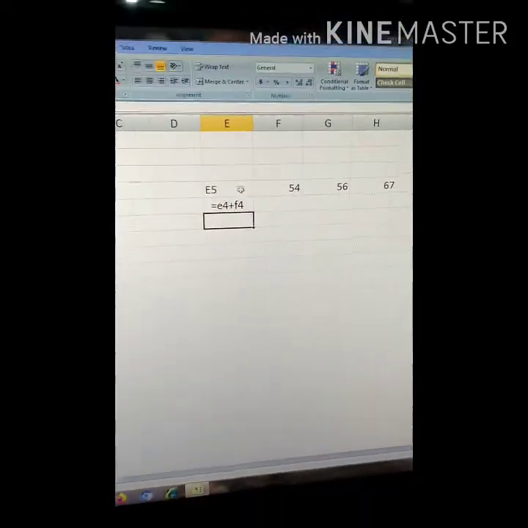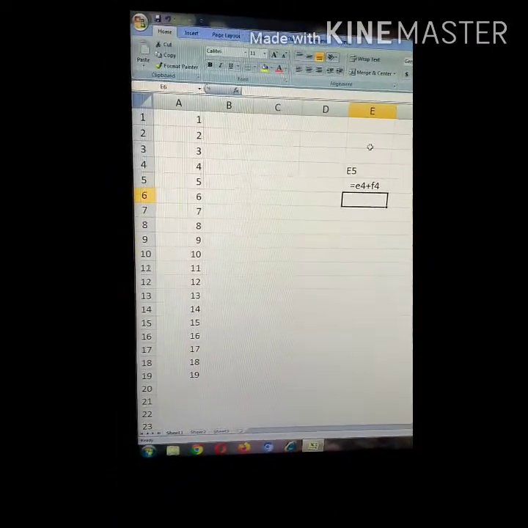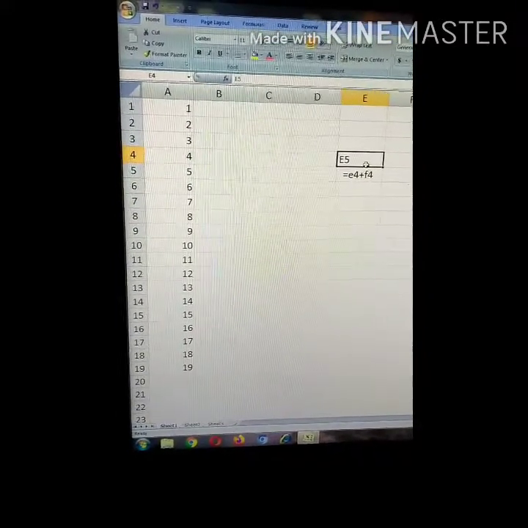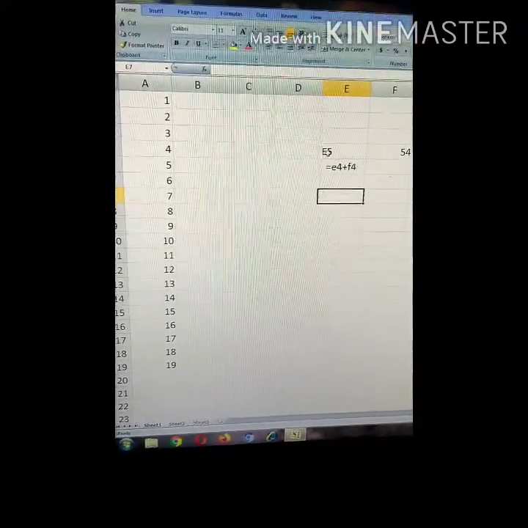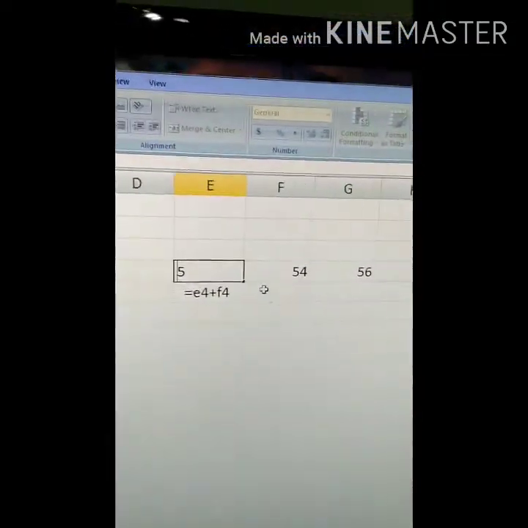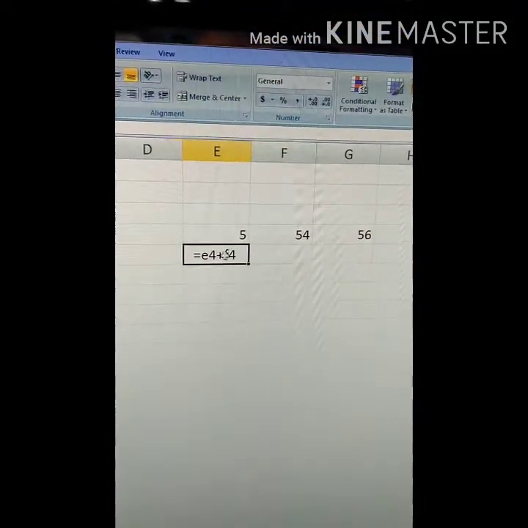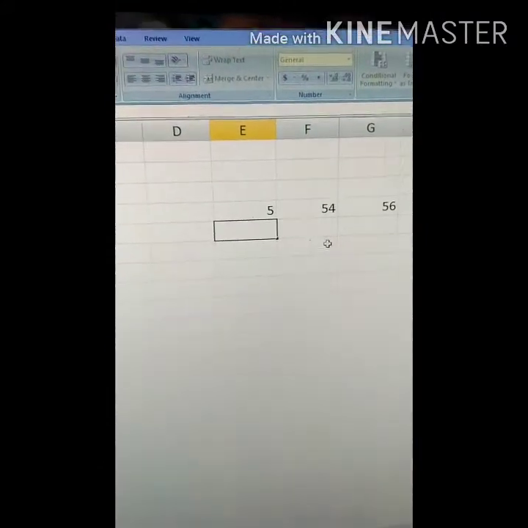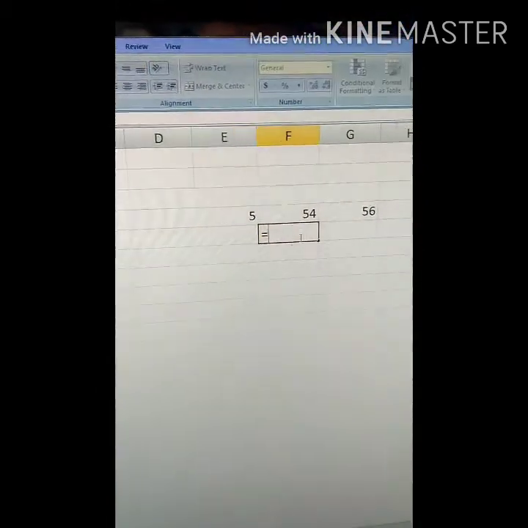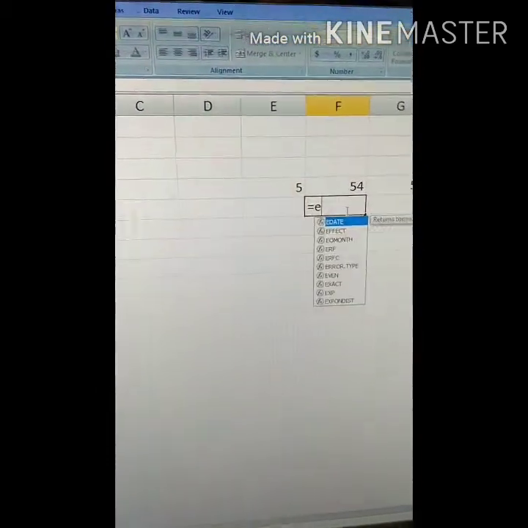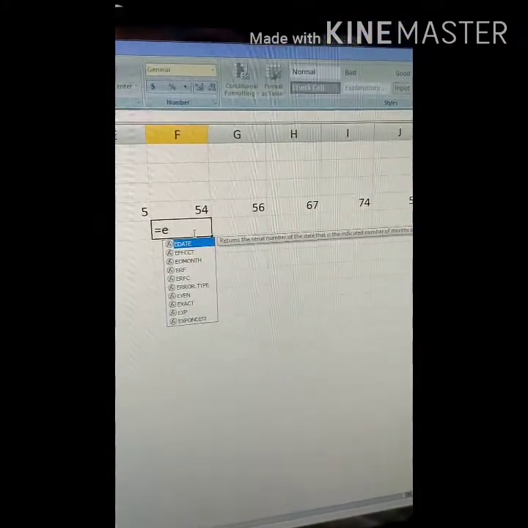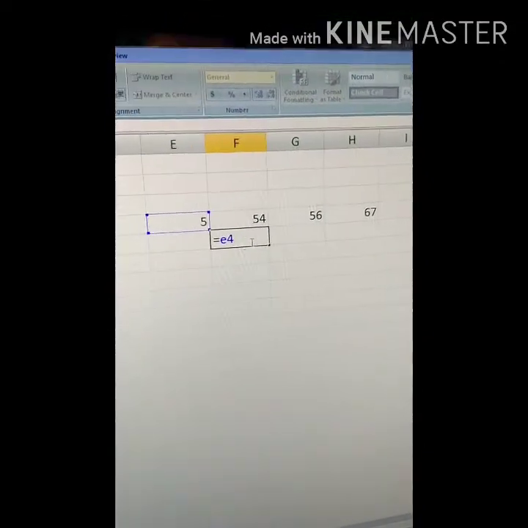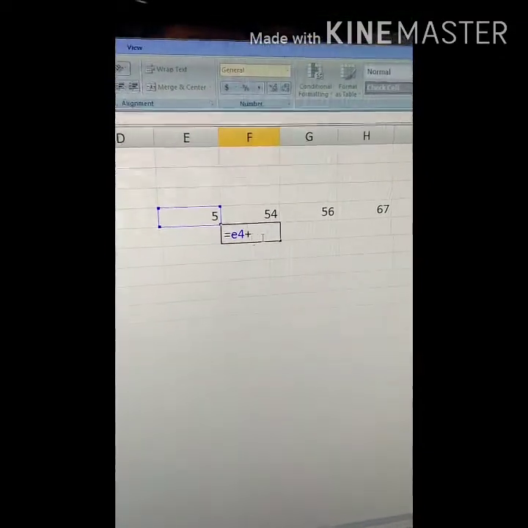See the formula, why is it not coming? E5, why is it coming? I have written E somehow. Okay, delete all this, some mistakes may be there. Equal to E4 plus F4.